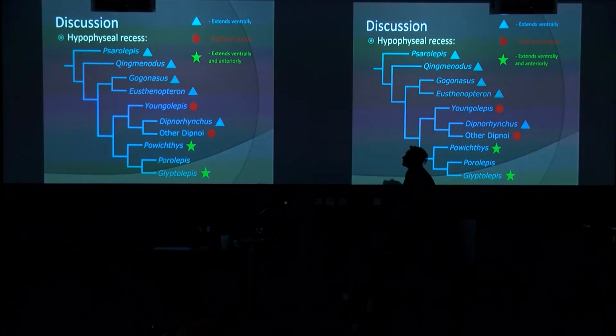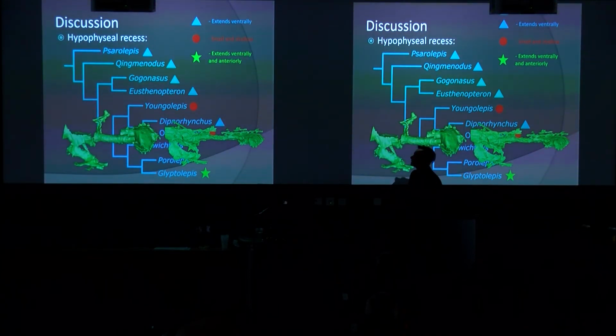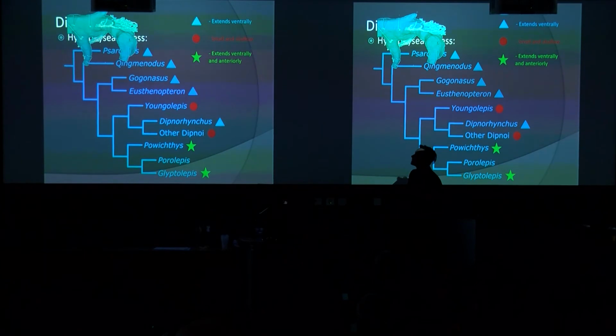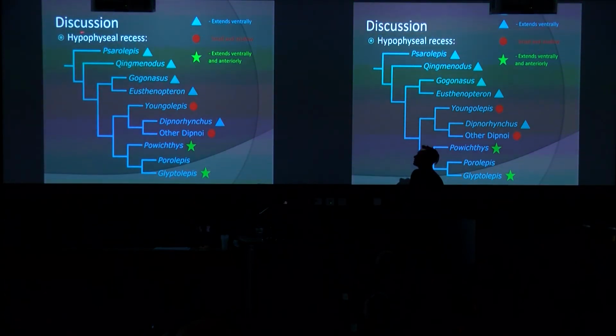One of the notable features of the endocast was the large anteriorly directed hypophysiorecess, and this is a trait that's shared only with Poichthys, as you can see there, and it's indicated by a green star on this little phylogeny. And these genera are to a lesser extent similar to the onychodont Qingmenodus, Dipnomorpha, which is that early Devonian lungfish, but also to the tetrapodomorphs Gogonasus and Eusthenopteron, and also the basal bony fish Psarolepis. So these are denoted by the blue triangle on this phylogeny, and these possess a ventral expansion of the hypophysiorecess,